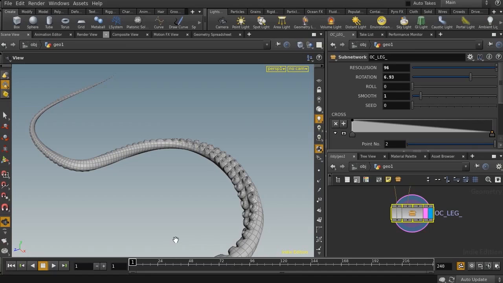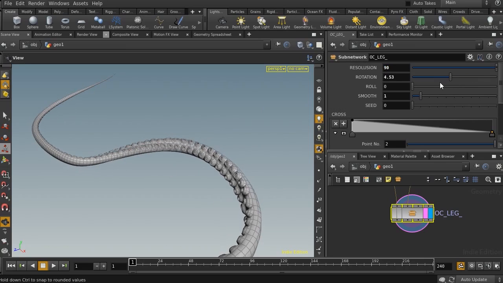My name is Mehdi Saleh, and in this tutorial we are going to create an octopus leg. We are going to take advantage of procedural modeling inside Houdini to create this tool, and as you can see we have many controls over our model here. For example, we can change the resolution of the leg, we can go to higher values or maybe to lower values, and here we can twist our model,